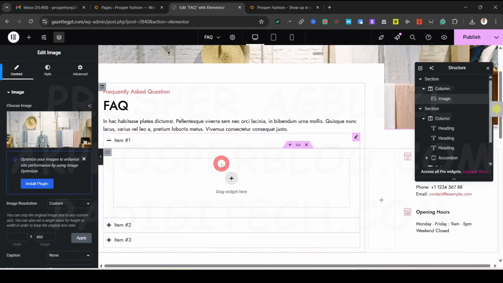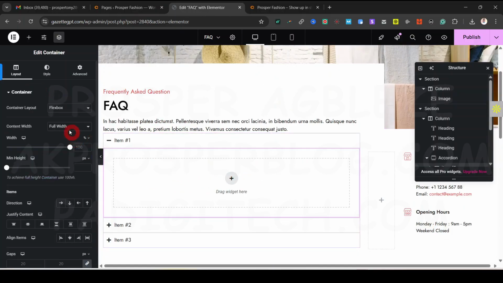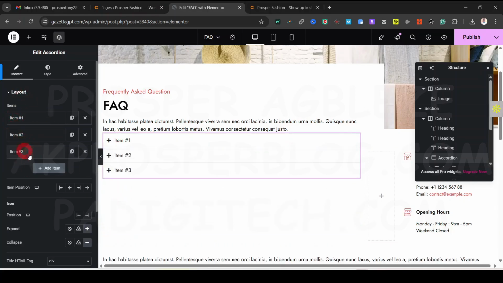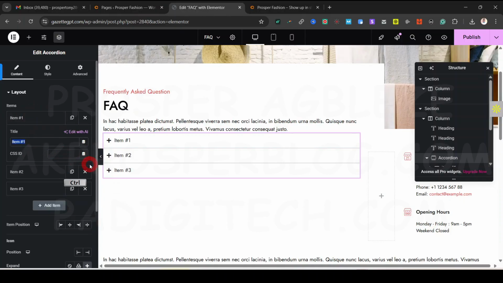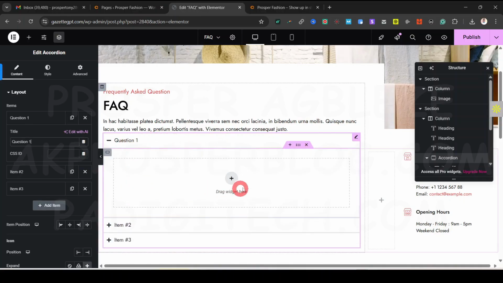All right. So for you to use this accordion, once you click on it, this is it here. Okay. So you can see we have item 1, item 2, and item 3. So this is our item 1. So remember, if you know how frequently asked question works, this is where you're going to put in your question, where we have, so you can put in your question 1. Your question 1. All right. So once they click on it, what you are going to do is that you are going to drag the widget here, which is